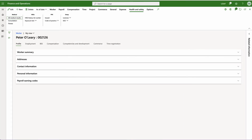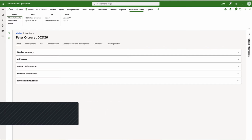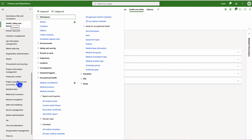Should there be a need for a specific medical test to be done, then this can be scheduled, and when the results are available, they can be captured into the record. To show you how that works, I'm going to navigate on the left-hand side to our Occupational Health and Safety module and click on the link